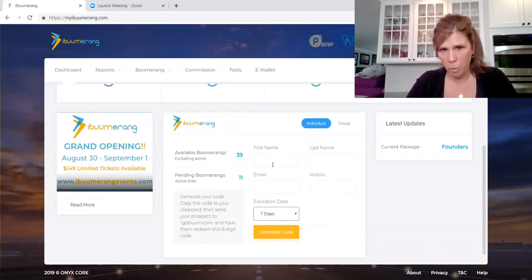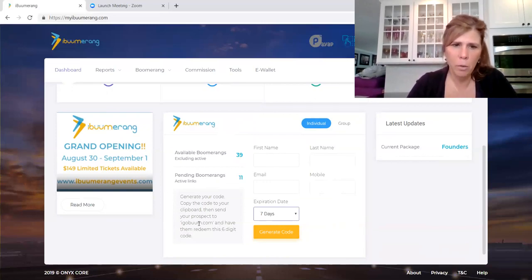So once you put the name, number, email, mobile, and the expiration date on the code, you hit the generate code button. And here on the right-hand side down the bottom, where I'm circling my pointer, that's where the code will come up. So you want to write that code down, and then you send your prospect to this